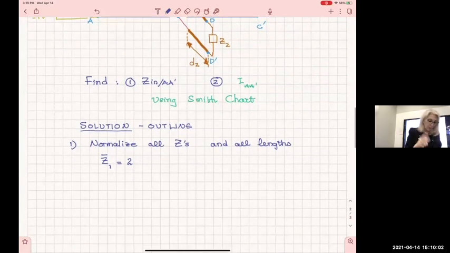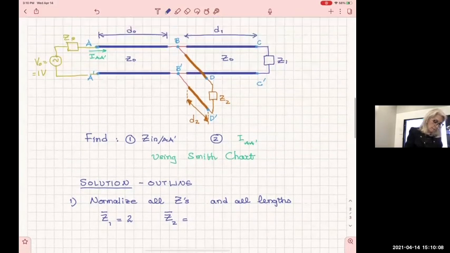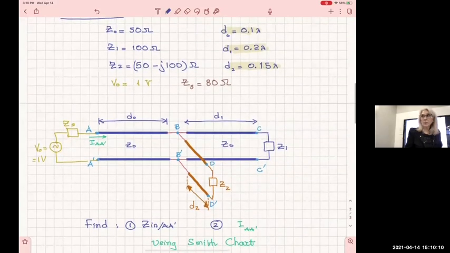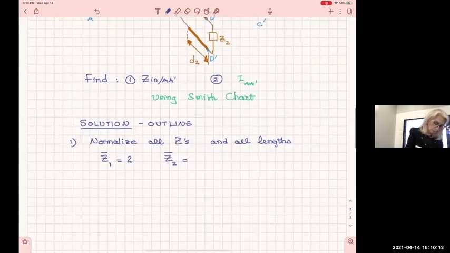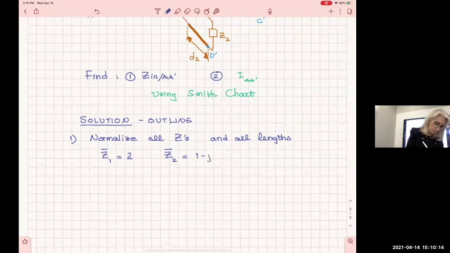Okay, then I'm gonna normalize Z2, and I gave you Z2 to be 50 minus j100, so it's gonna be 1 minus j2. All right, these are important. Now I can go on the Smith chart, but I'm not gonna do it until I decide how I'm gonna